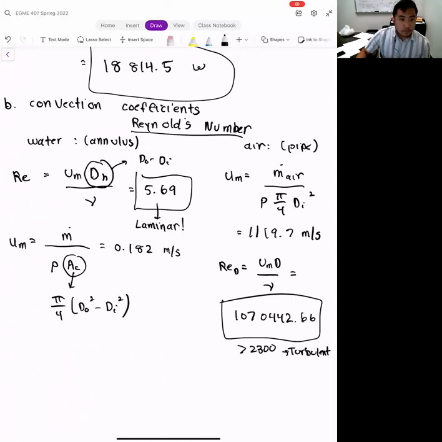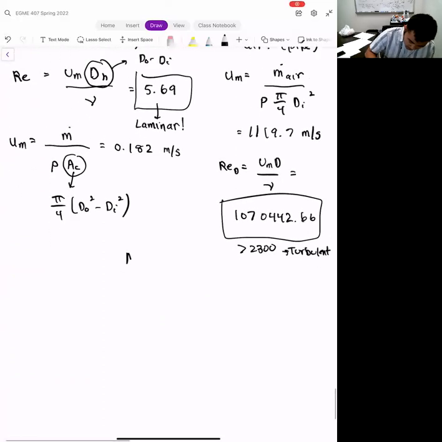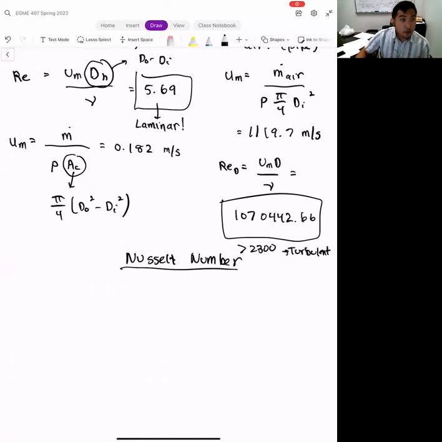All right. So the next step is to compute the Nusselt numbers. For the water, since we have laminar flow, we need to use a Nusselt correlation for an annulus. Let me go ahead and look it up. I don't have it in front of me. In order to compute the Nusselt number for an annulus,